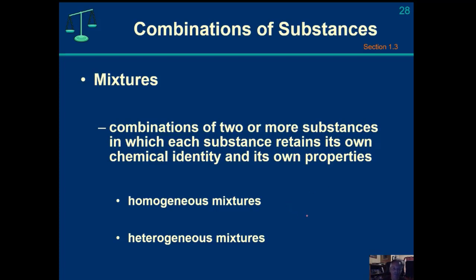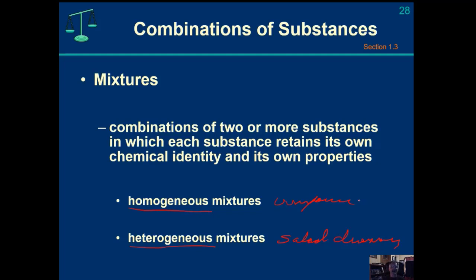Another example of a heterogeneous mixture might be your typical oil, vinegar, and spices salad dressing. And what do you do before you put the salad dressing on your salad? You shake it up so that you get a fairly even distribution of all the components of the mixture, but it is definitely heterogeneous. If all the substances in the mixture are in the same phase, it would be homogeneous, and it's uniform throughout the bulk of the mixture.